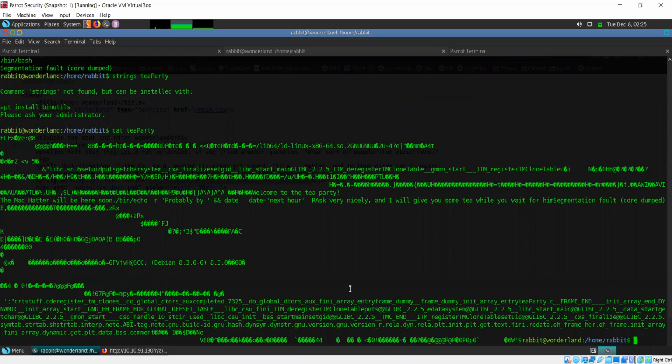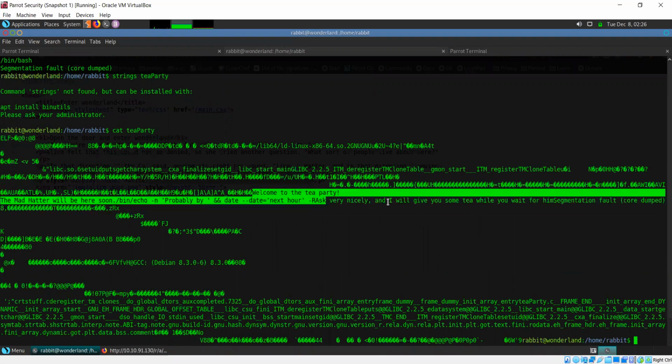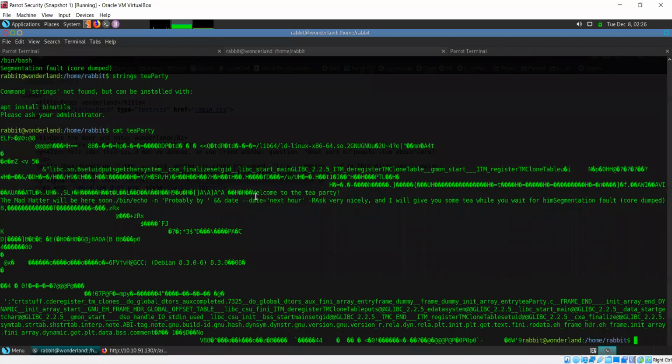Now, since this is an executable, a lot of this stuff is not really going to be human readable, but there is still some part of it that we can read. Okay, so this is the part that is readable for us. The rest we cannot do anything with, but this is still readable.